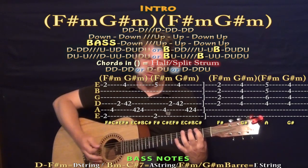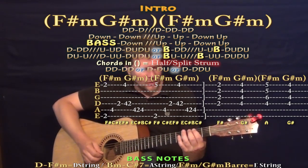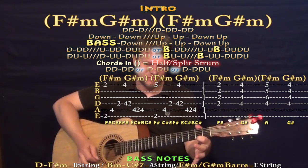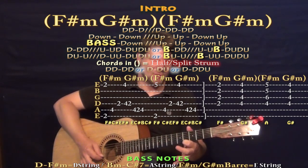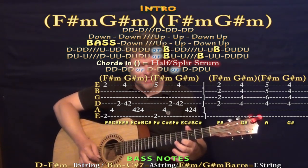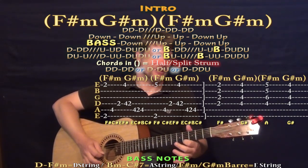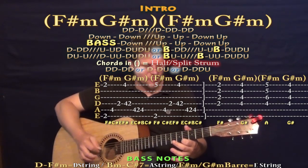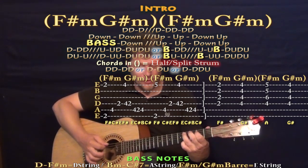And then you'll hear these cool little keyboard hits that start around some melody notes, where you can start on the high E 2nd fret, an F sharp note, and then 4th fret on the high E string, a G sharp note, and then 5th fret on the high E string for an A note, and then you go back to the 4th fret on the high E for a G sharp note. It's these little keyboard hits, that F sharp, G sharp,